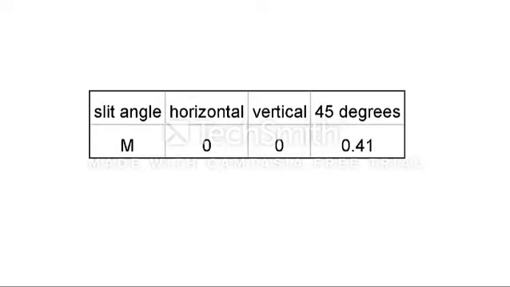The final section of experiment 5 involved the receiver being oriented at 90 degrees and changing the orientation of the polarizer. When the polarizer was oriented horizontally and vertically, there was no radiation detected by the receiver. However, when the polarizer was oriented at 45 degrees, there was radiation detected, even though the receiver's axis was orthogonal to the transmitter's. Here, a quantum mechanical effect took place, where there was a probabilistic transmission of light through the